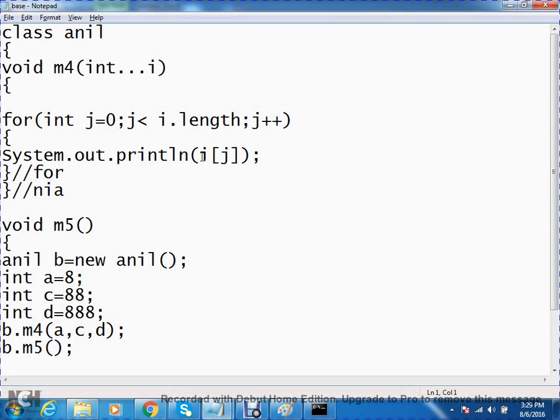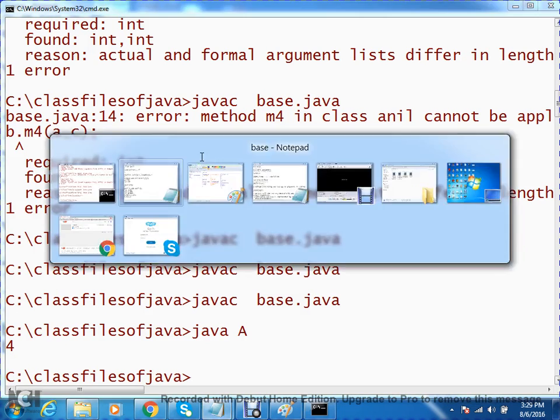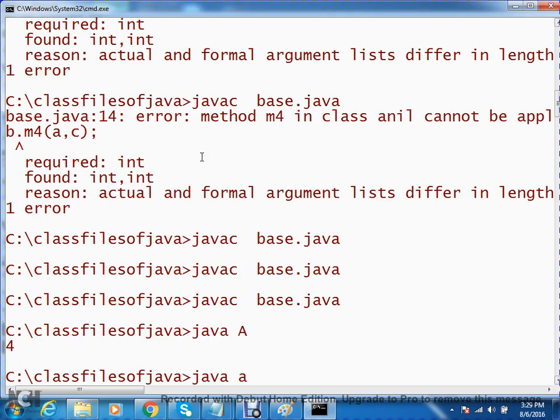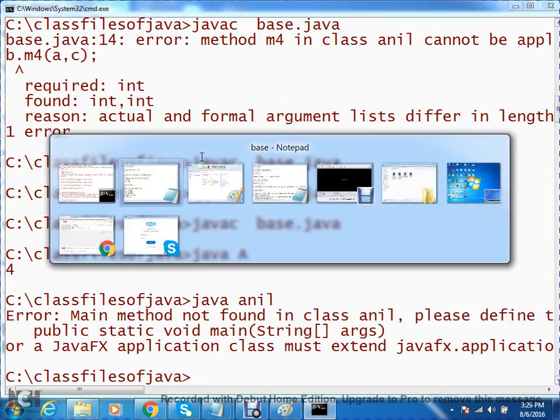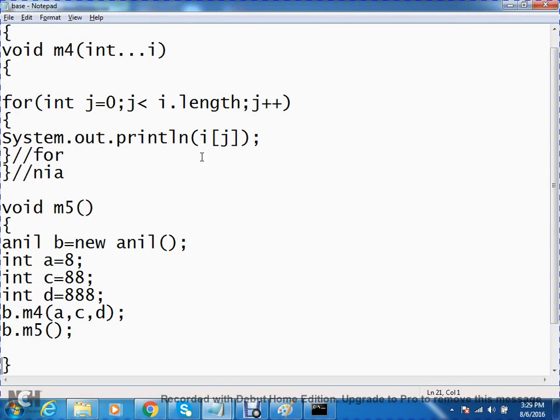Observe. Now let us execute. Yes, now what is the file name? Anil dot java. What is the main method? One main method is in it. We have to call the main method. Now, public static void main.